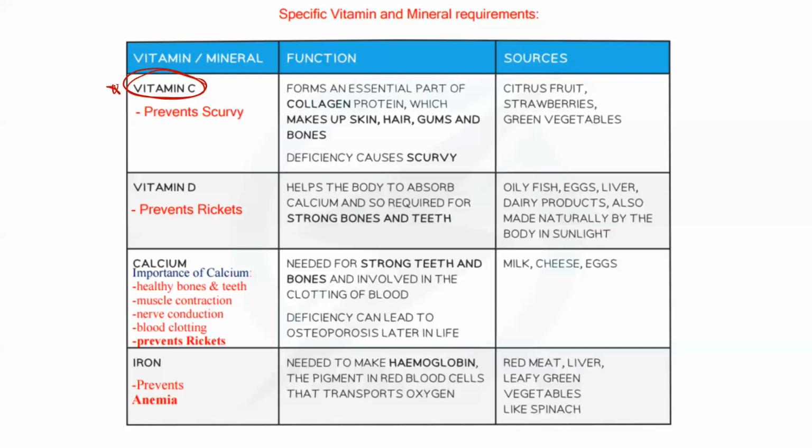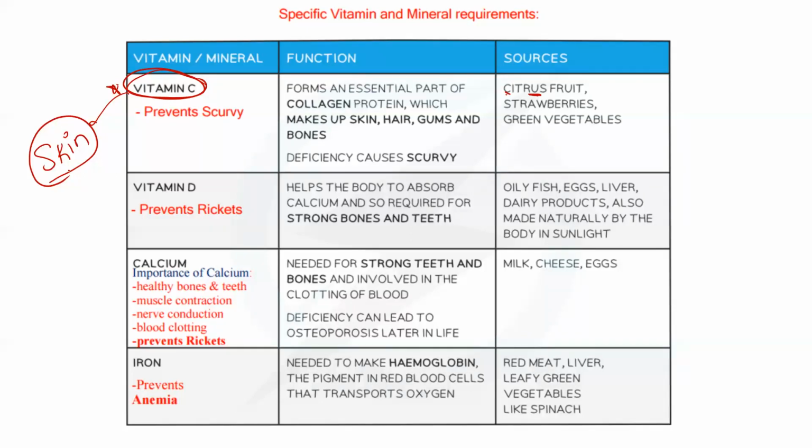Vitamin C, where is it found? Oranges and lemons. Yes, it is found in a lot of fruits, oranges and lemons. Together, they're called the citrus fruits. Vitamin C is very important for our skin and for our tissues. That's why females put vitamin C on their face because it's good for the skin, okay?